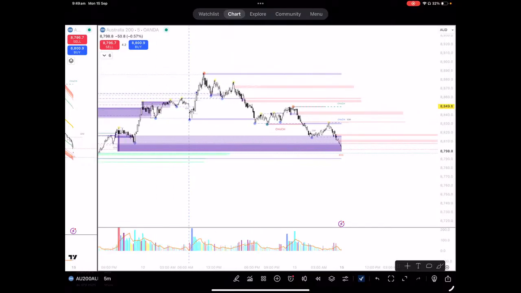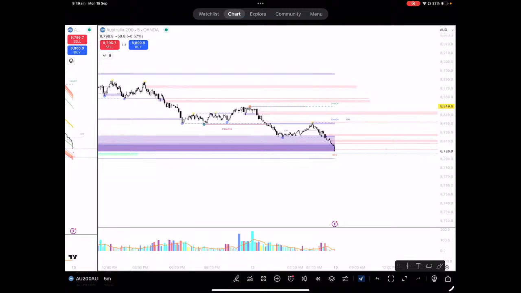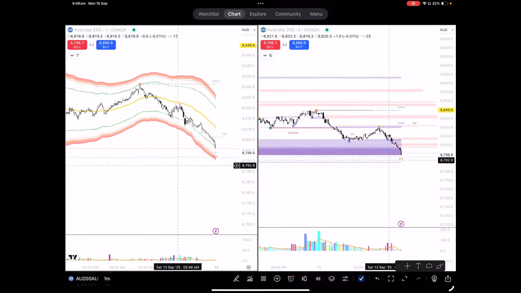This is just a pre-analysis. I'm setting myself up for different setups and different conditions that could occur in the market so that I'm prepared once that happens. It's 9:49 a.m. and the market will start in 1 minute, and then we'll see how the market reacts and behaves.